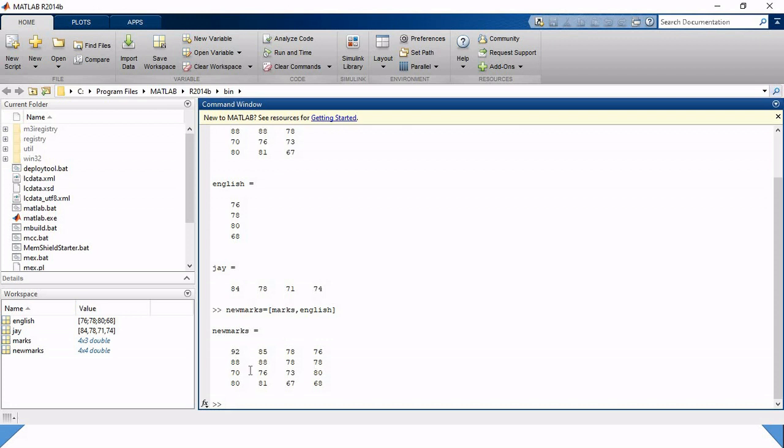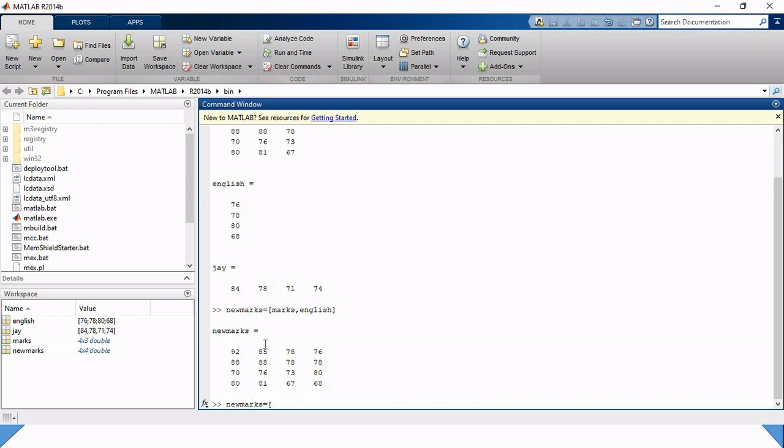Okay, now what we need to do is add the new student to our marks. So directly let's put this student into our new marks. So I am going to write new marks is equal to the complete matrix, and then we are going to add this student below the matrix.